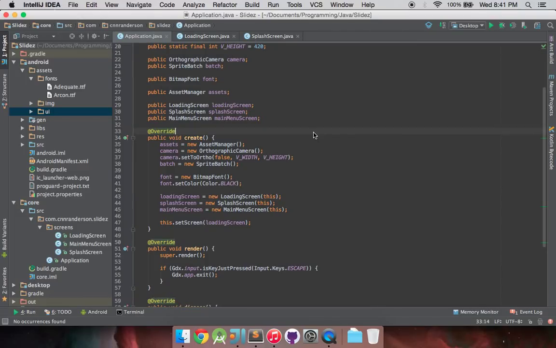Hey everyone, welcome back. So as I mentioned in the previous video, I thought it'd be good to introduce you guys to the FreeType font generator. Now this isn't necessarily specific to Scene2D. However, as this series has kind of turned into a full game tutorial revolving around the utilization of Scene2D, I feel like it'd be good to introduce it just because it'll make our game look a little bit more polished